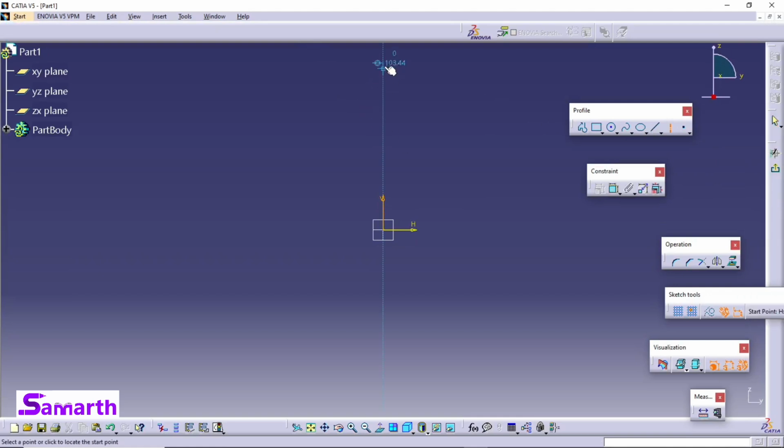Select axis, check for the blue line, click here. Okay, select the profile, make a rough profile,